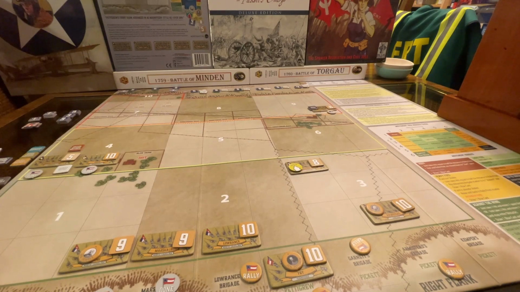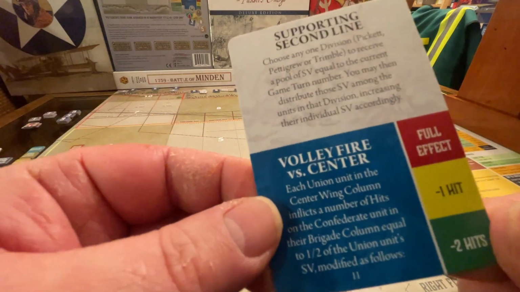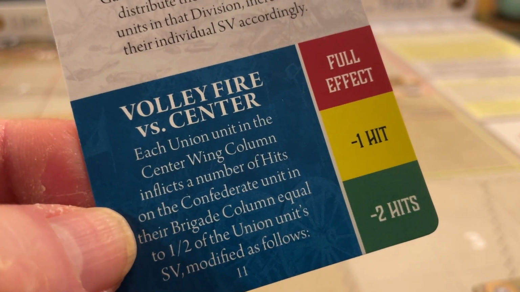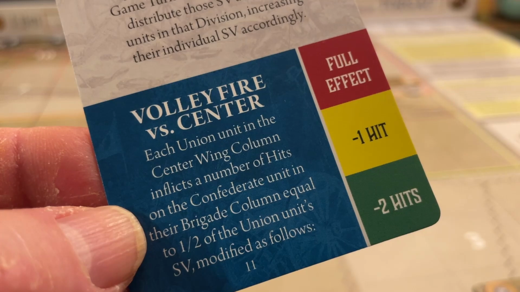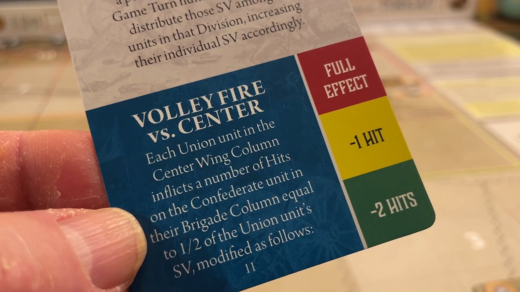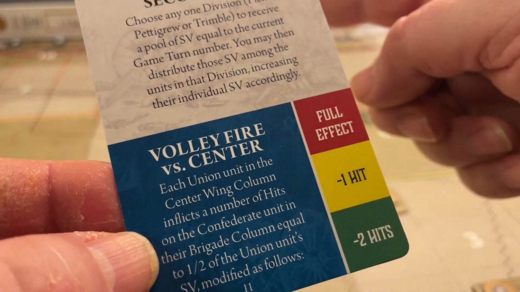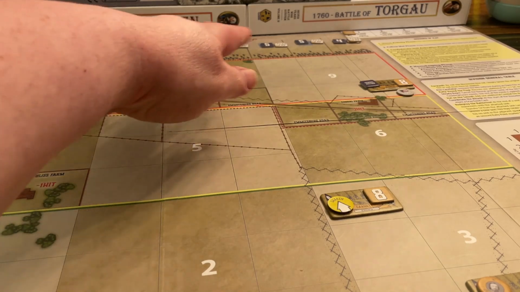we need to do the blue event. Right? Heavy fire, got the blue event. Volley fire versus center. All right. Each in the center wing inflicts hits on the Confederate. Okay, this is volley fire. So it's based on their strength. So we gotta look at their